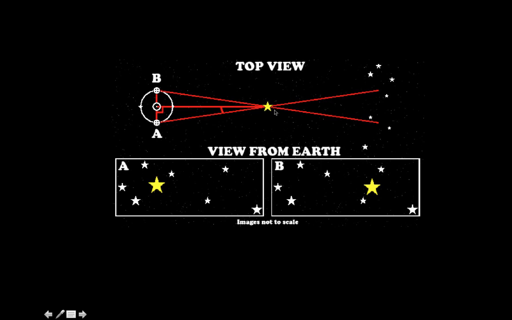Now, you observe the close-by star relative to the distant stars in this position here over on the left. So the distant stars, being distant, have not really changed their positions relative to each other, but this nearby star appears to have shifted. And then as the Earth continues orbiting and we get back 6 months later to where we started, this star will shift its position back again to its original position. And so as the years pass, the star will just shift backwards and forwards relative to the positions of the distant stars in the background. And we can measure the angular distance on the sky that this star moves. And half of the angular distance that it moves in the course of 6 months is just this angle here,